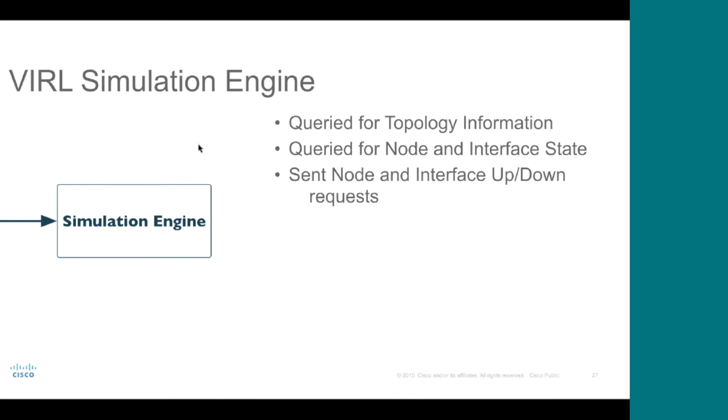We've got the VIRL simulation engine, which is the VIRL core piece, which is really sitting at the heart of VIRL and what things like VMMaestro or the live visualization or user workspace management all talk to as the intermediate layer there. So this is the bit that we query for topology information. We're acting very similar to the user's workspace management, where it's got its status tables, where we query the simulation engine for information such as the topology state or the node and interface state, and then sending action commands such as asking for a node or an interface to be shut down or to be brought back up. So we've got the interface piece there from the web server.